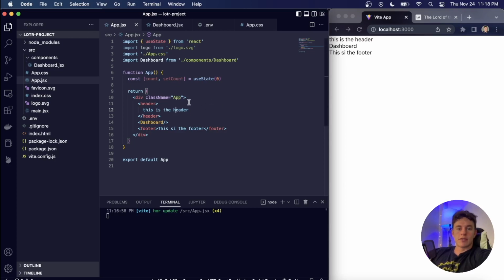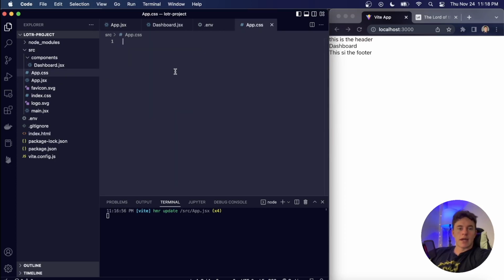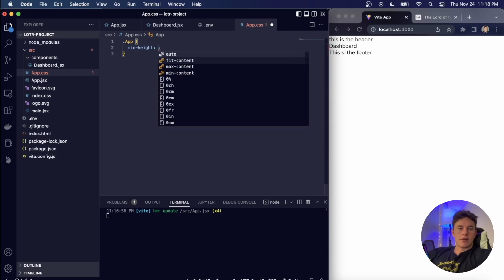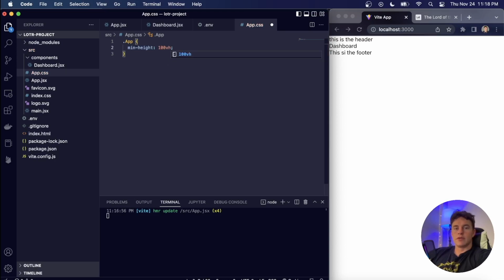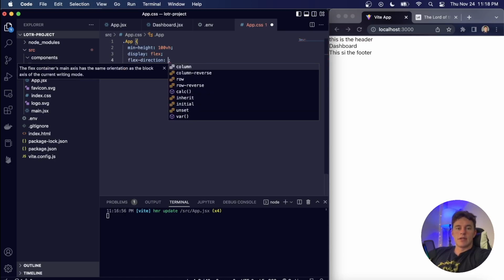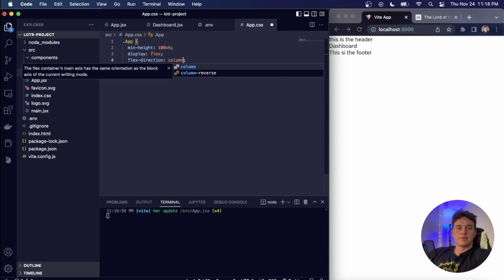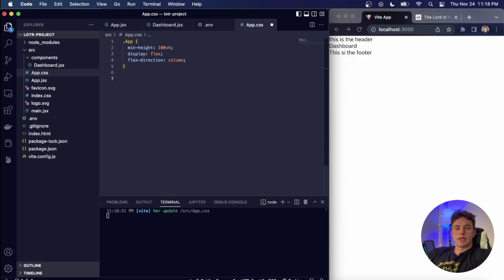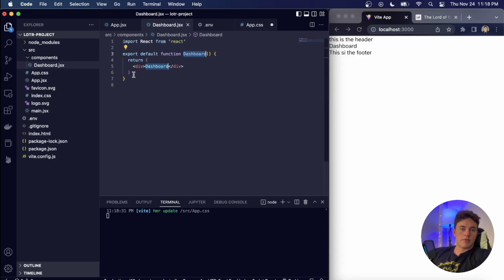And the first thing we're going to do is actually use this class name .app, and we can access this in this App.css file by saying .app. And we're going to give this a min-height of 100% of the view height. We're going to give it a display of flex, a flex-direction of column, just like that. And then what we can do is target the dashboard, which